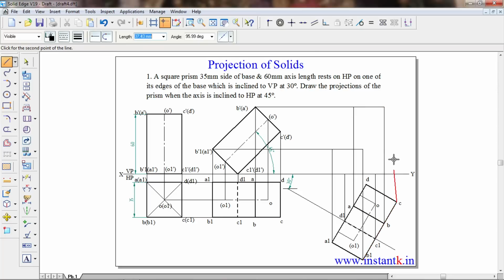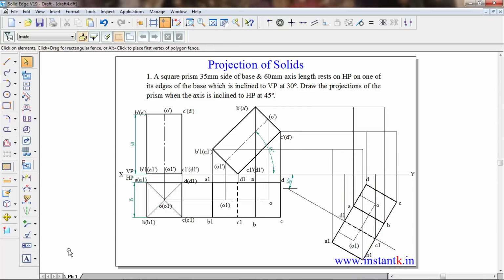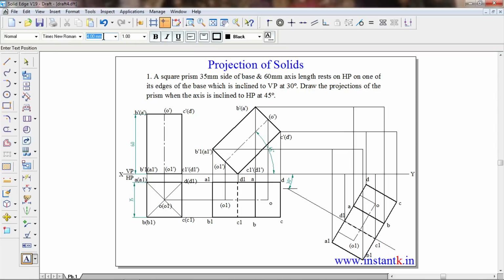Then from C we can draw a horizontal projection lines and vertical projection lines. From D till here we can draw a vertical projection lines. Then we can name that. Take a text tool, again text should be in Times New Roman and size should be 4 mm. We can write here this is A1 dash,